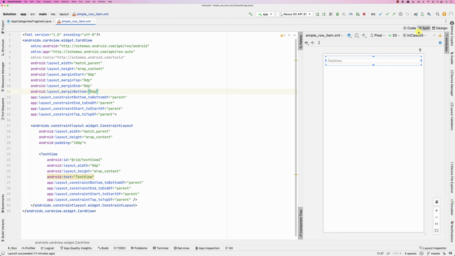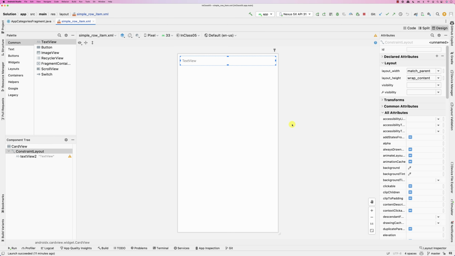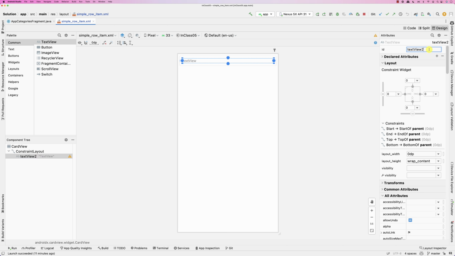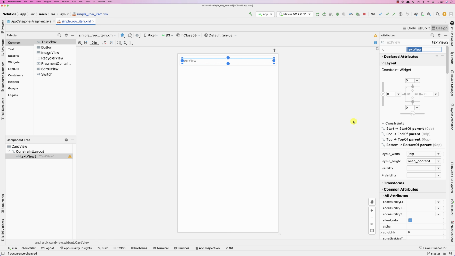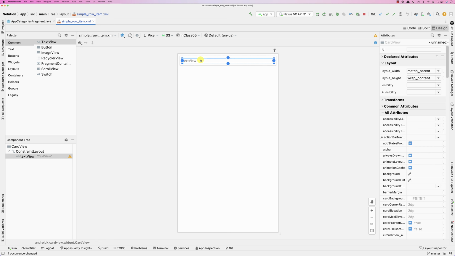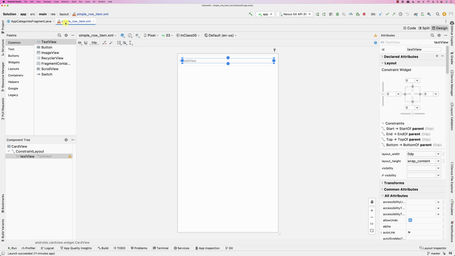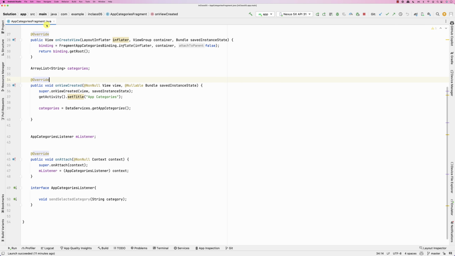So basically what I did is I just created a design that uses the card view, and the card view just has this shadow around the card. Inside it I'll have a simple text view. I'll just call it text view and continue. So it's going to be a text view inside it, just called text view. Okay, that's called simple row item. Okay, very nice. So now go back here. It's just a layout to display